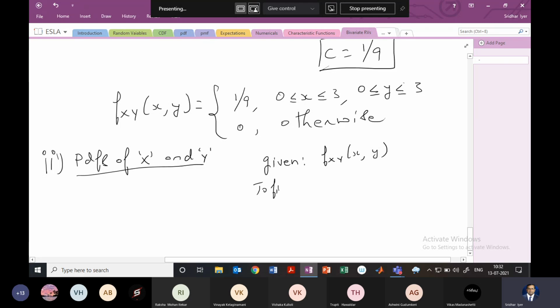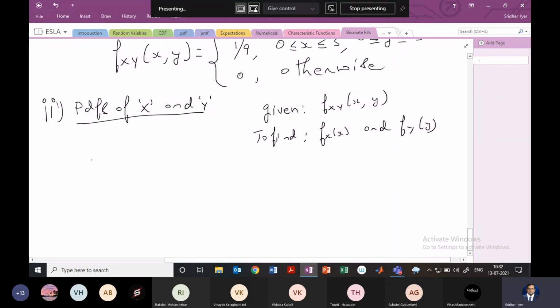What we need to find is fx of x and fy of y. That is the second part. And we know that, to find fx of x, I need to find the derivative of the CDF, Fx of x. And I can write this Fx of x as, please pay attention, this is the most important point, I can write this as d by dx